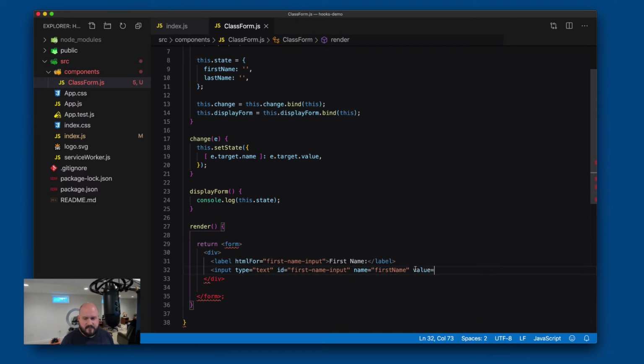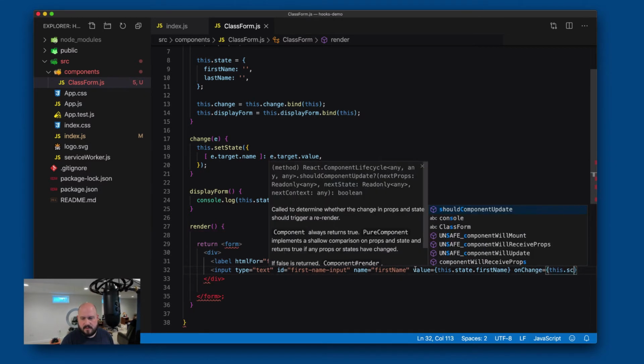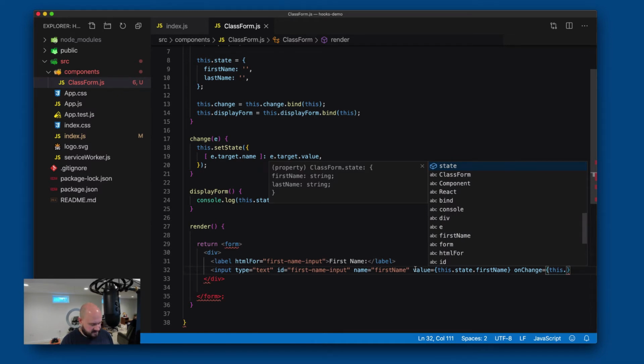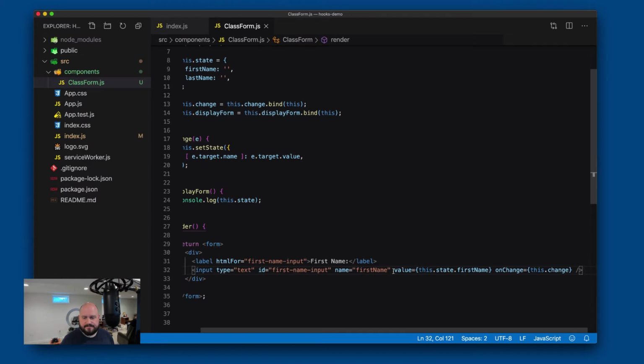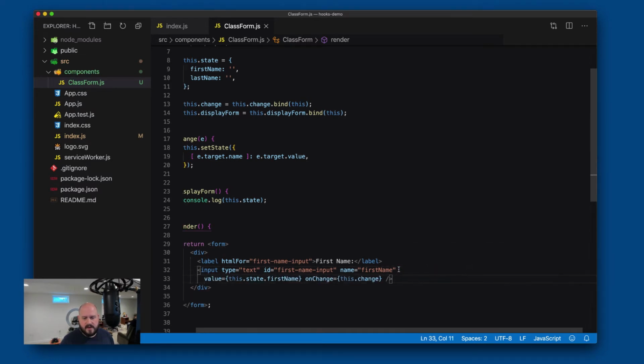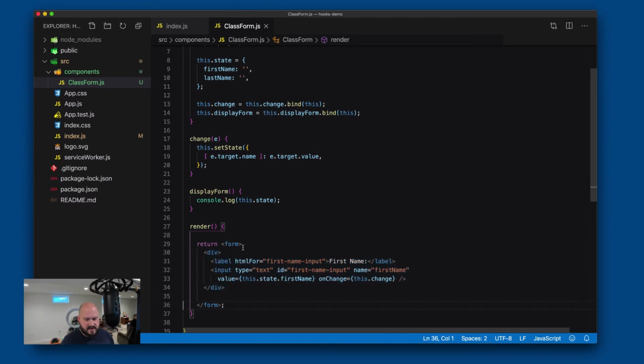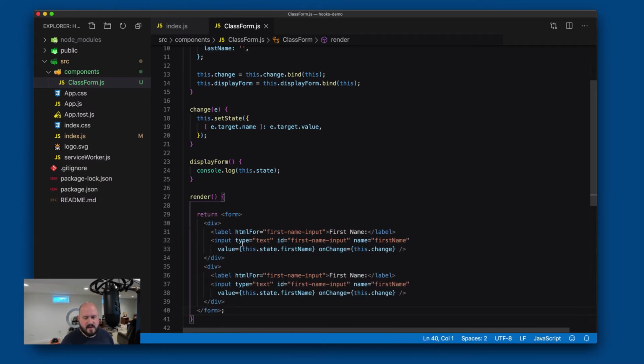We'll say value for this.state.firstName. And then finally, we'll have our onChange, which will then reference this dot, let's see here, change. All right, now, there we go. So we'll have to duplicate this right here and create a second form field for the actual